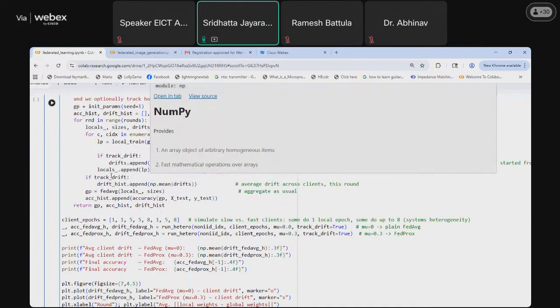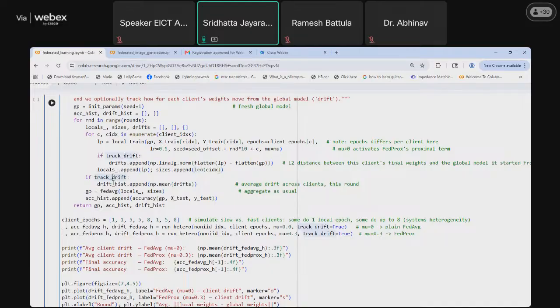And then we will also store the drift of the client using drift_history. And then we will calculate the mean of the drift.